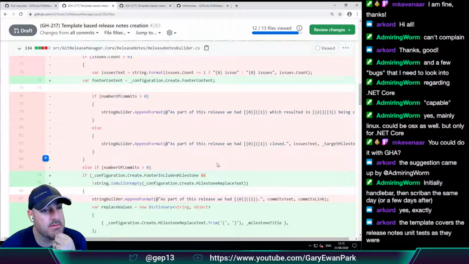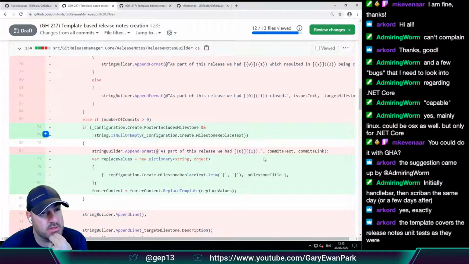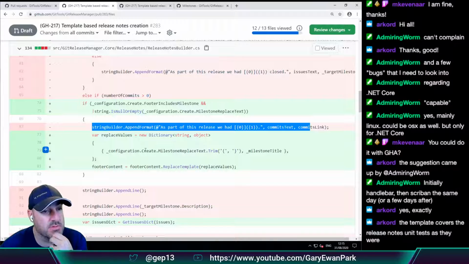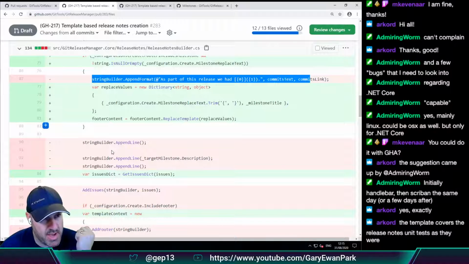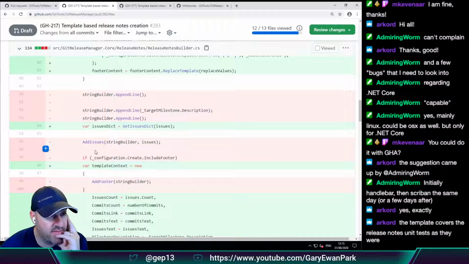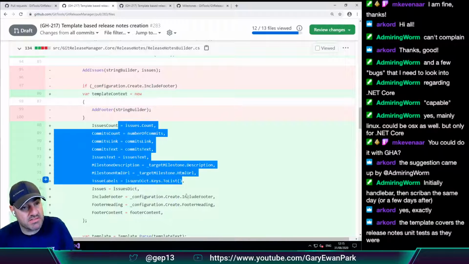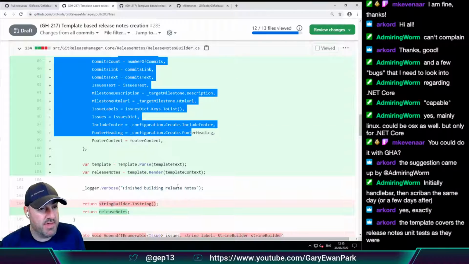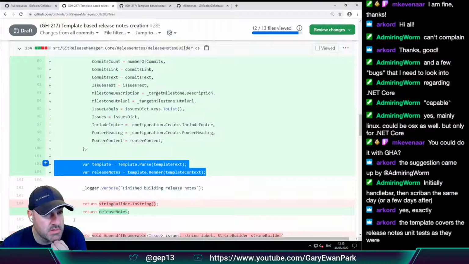Then if we're including that in text, and because we're not doing any of this stuff, ultimately what we're doing here is just building up the content that we would have ultimately been putting out before, and then creating this template context with all of that stuff in it, and then that gets passed to template.parse and template.render, which I'm assuming is what Scriban is bringing to the table.